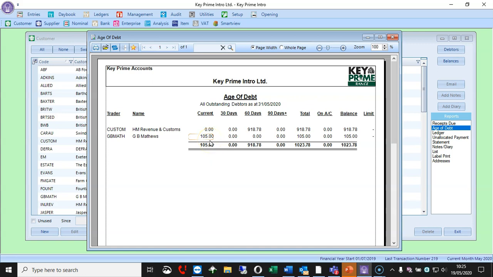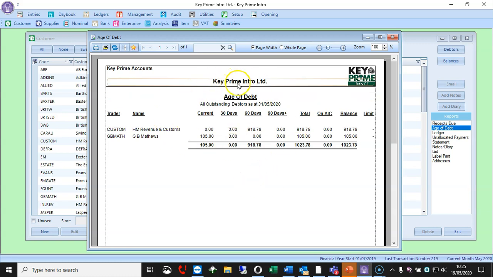And what we're certainly looking for is if it's in current or 30 days or possibly 60 with HMRC, that's okay. But 60 to 90 days, are they actually going to pay you? Do you need to chase it? Do you need to sort it out before the year end? So that's what we're looking for here.